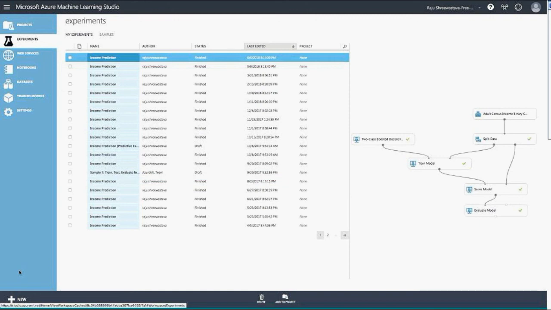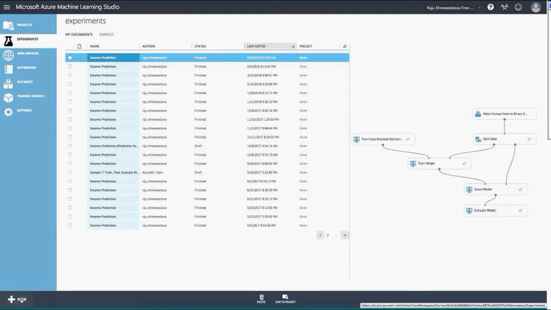Once you log in and create a free account, you enter into something called Microsoft Azure Machine Learning Studio. It's a studio, a canvas where you drag and drop things and create a model, which will help you predict certain values. So we're going to do that. Then everything is an experiment. That's Microsoft terminology, not general terminology. You're creating an experiment trying to do something. It's a small project, experiment, hypothesis, whatever you call it. That's what we are doing.